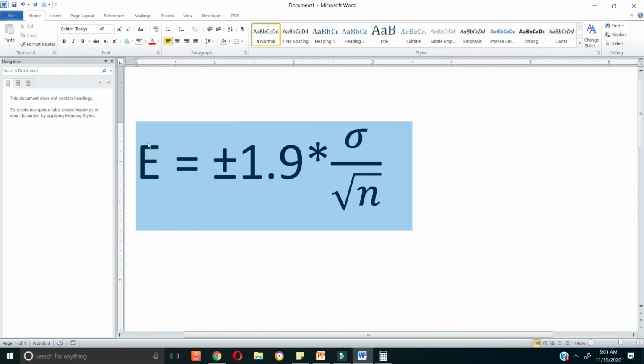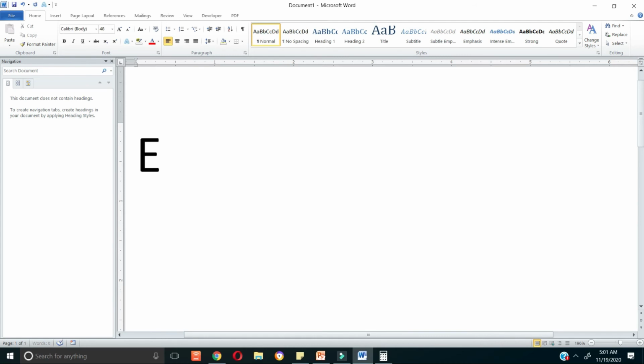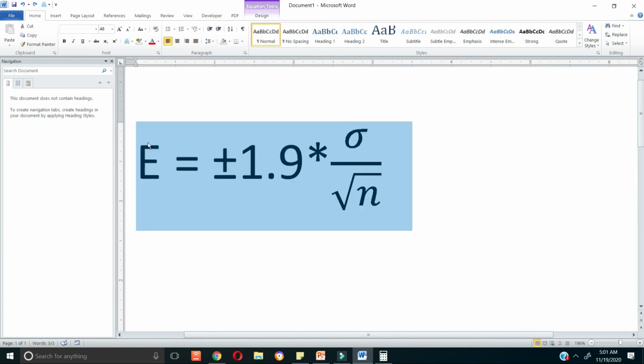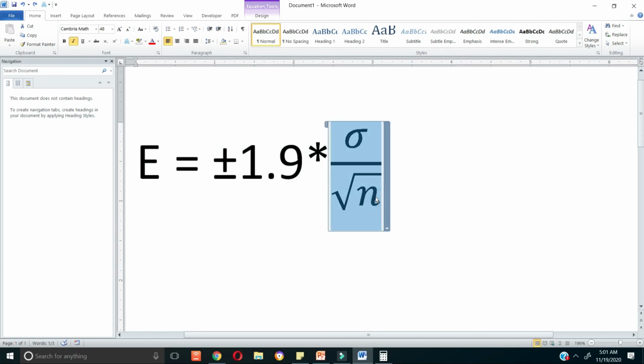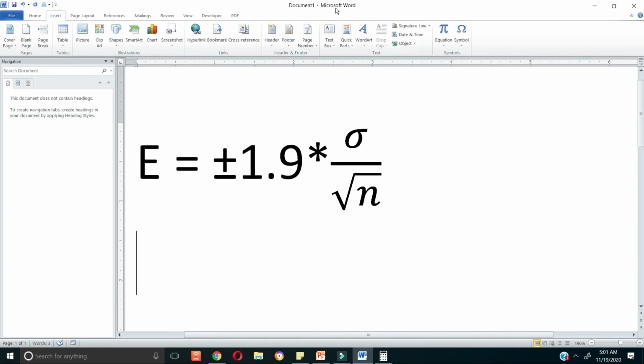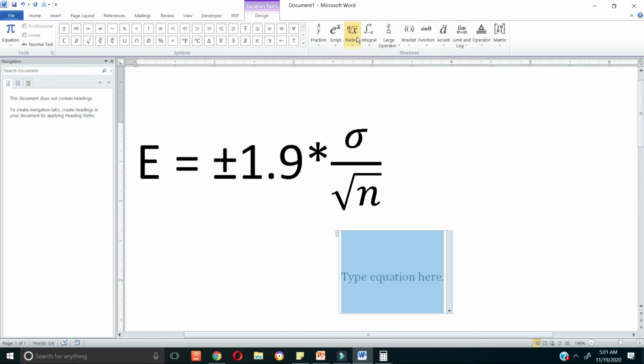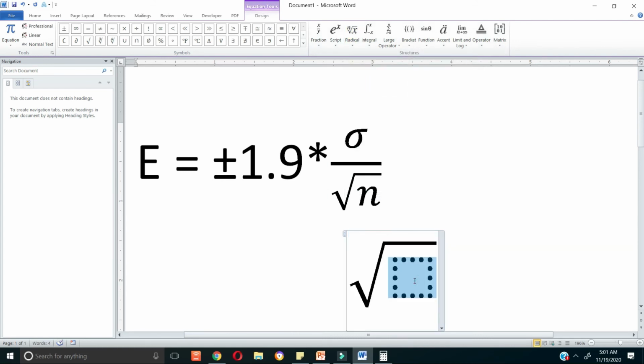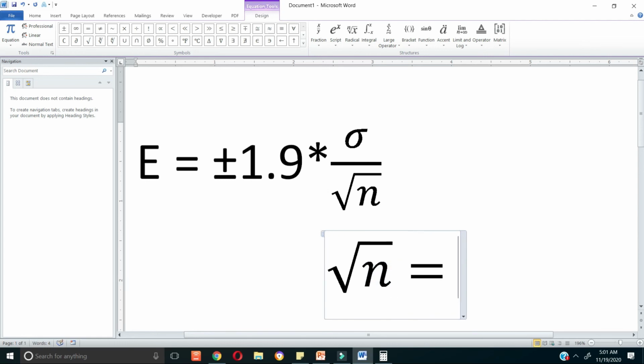So you could actually flip this. If instead we now want to get the value of n that gives you a particular error bound, then you can simply make n the subject of the equation. So from this, it basically means that root n is equal to,